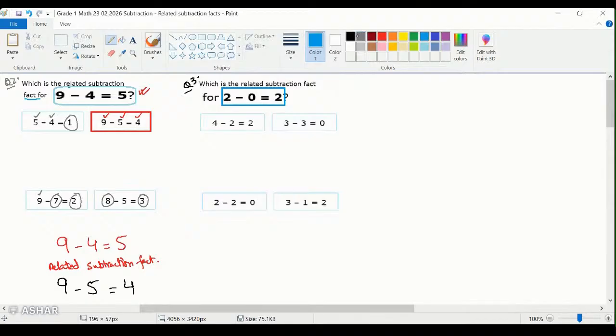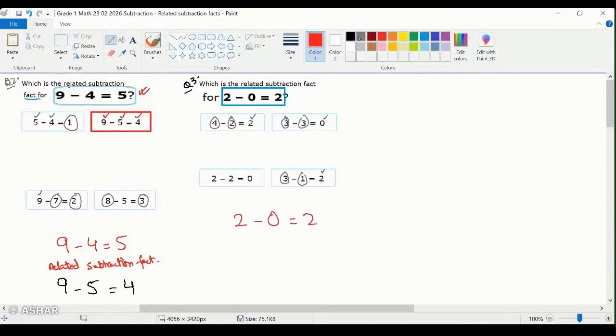Okay, what we can see is we have the 2, but we don't need this 4 and 2. Agreed? We don't need the 3, we don't need the 3, but we still have the 0. 3 is not given in the question, right? 1 is not given, only 2 is given to us. So the subtraction related fact for this given statement, 2 minus 0 equals 2, should be